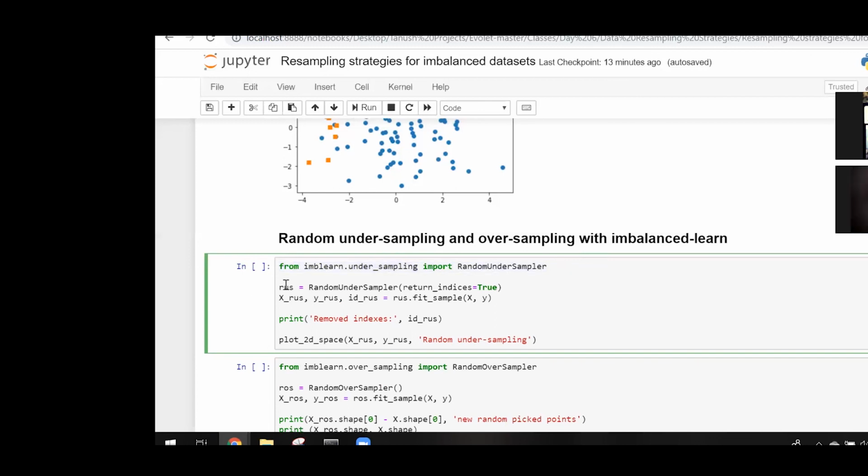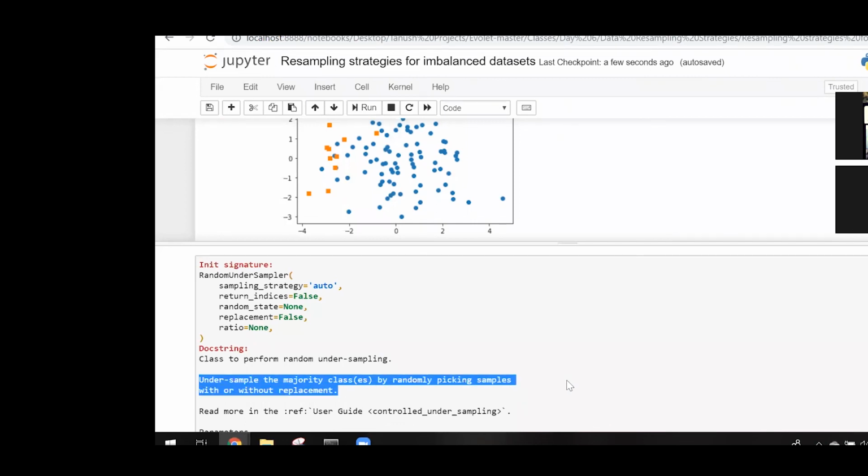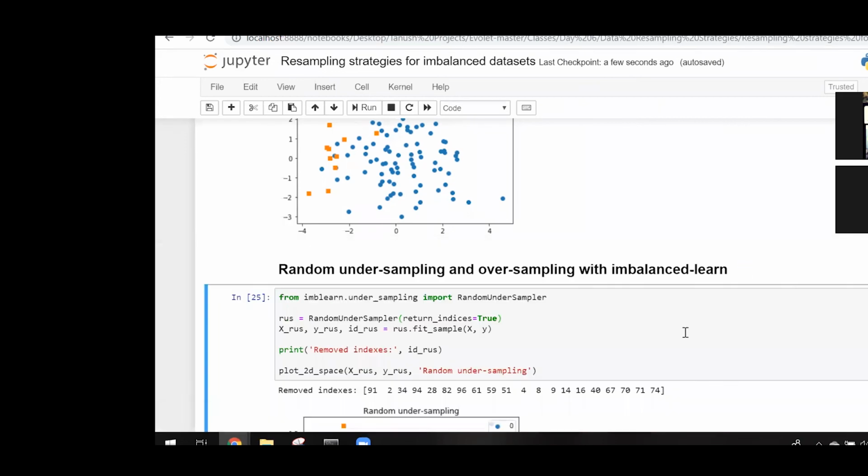Let us define it as RUS: R for random, U for under, and S for sampler. You can pass parameters or even ignore them, it's up to you. If you want to look at the docstring, this is how it looks. RandomUnderSampler is a class to perform random undersampling. What it does is undersample the majority classes by randomly picking samples with or without replacement.